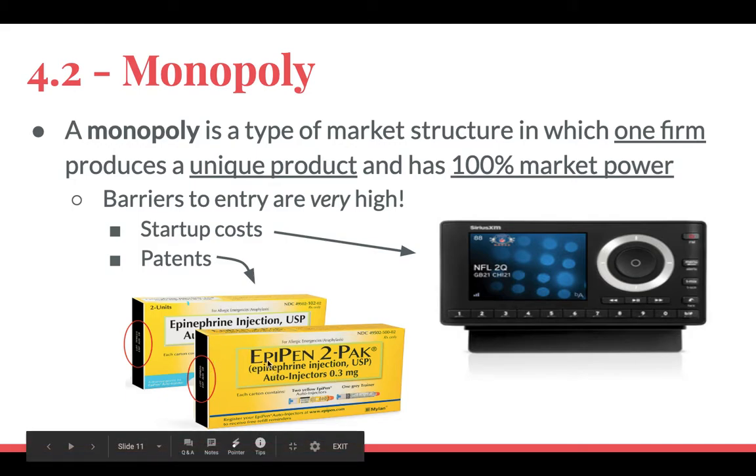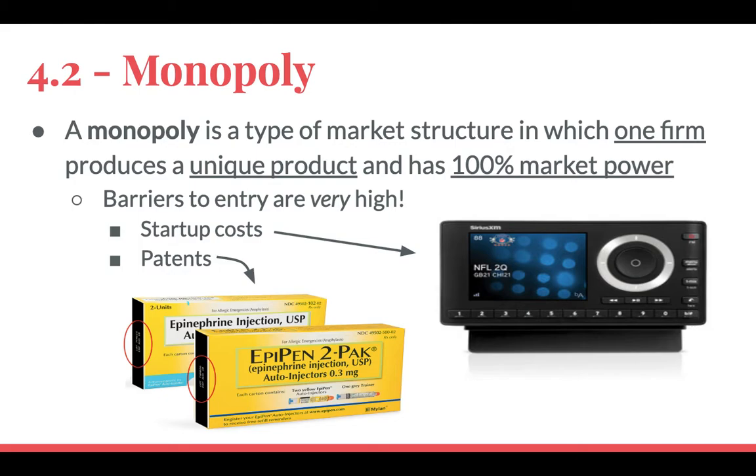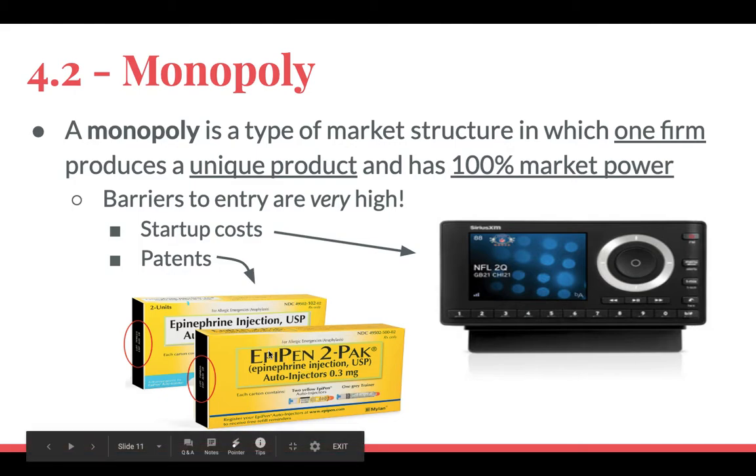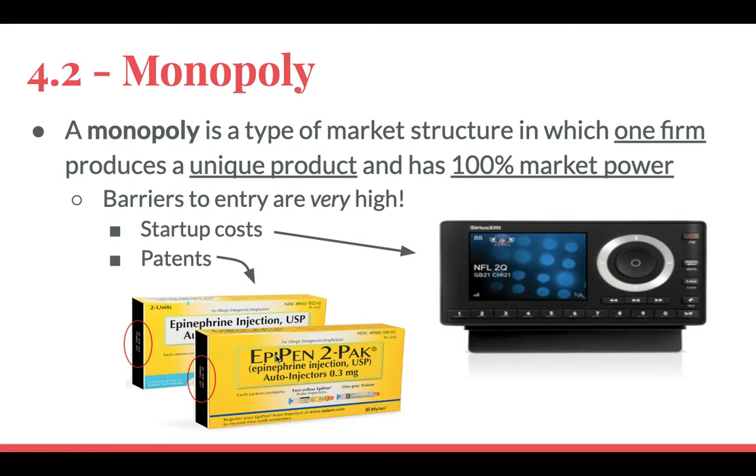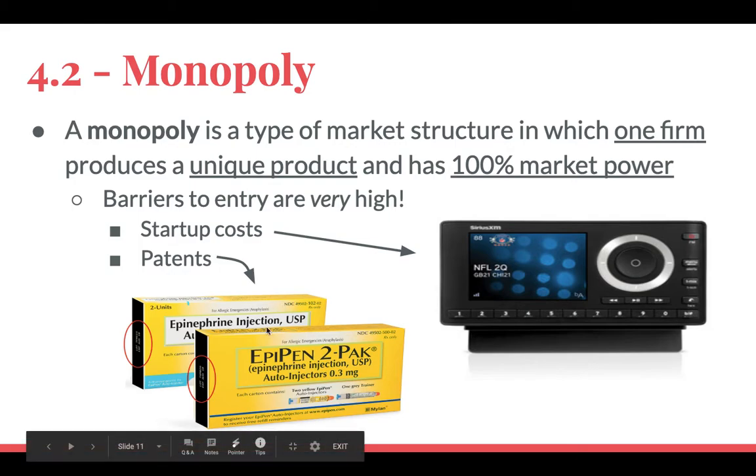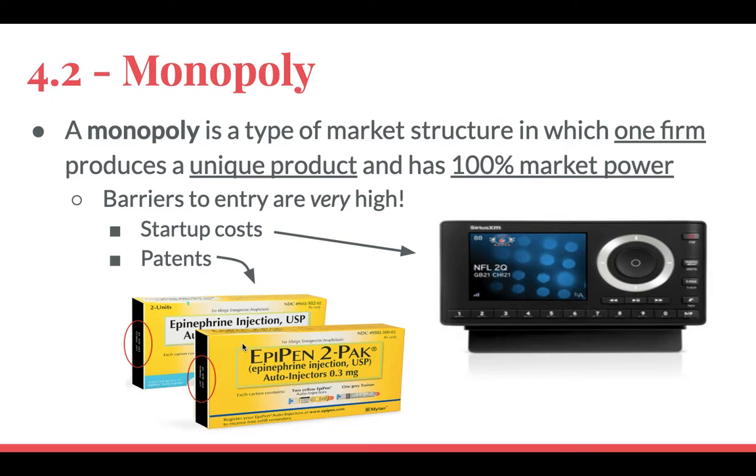One example of this is EpiPens, and the company that makes EpiPen has a patent on them, and it's something really important because people who have allergic reactions have to have these EpiPens around just in case, and in many cases, they are life-saving. So for a company to have a monopoly on a good like that is pretty interesting, and it raises a lot of questions about what type of regulation they should face from the government, if any. And there are many debates about that, but that's not what we're getting into today.